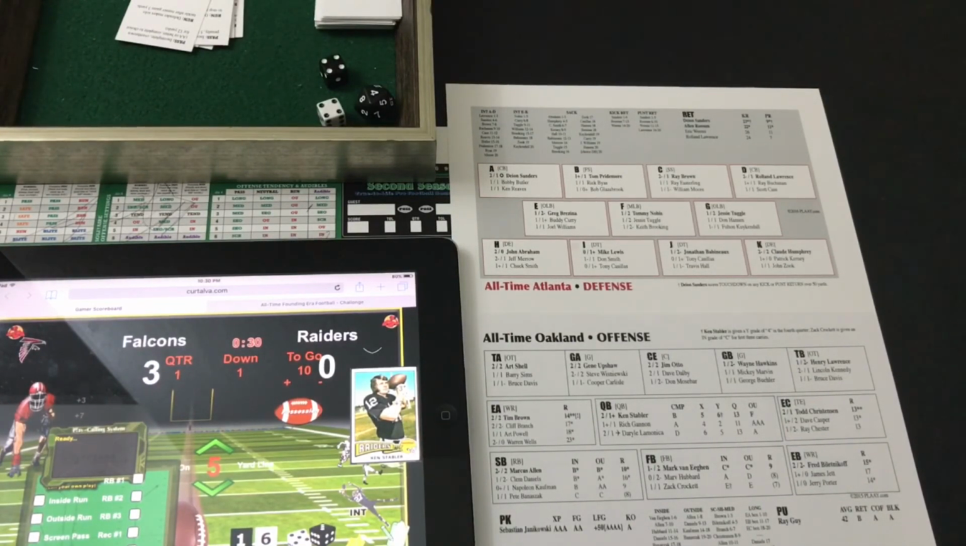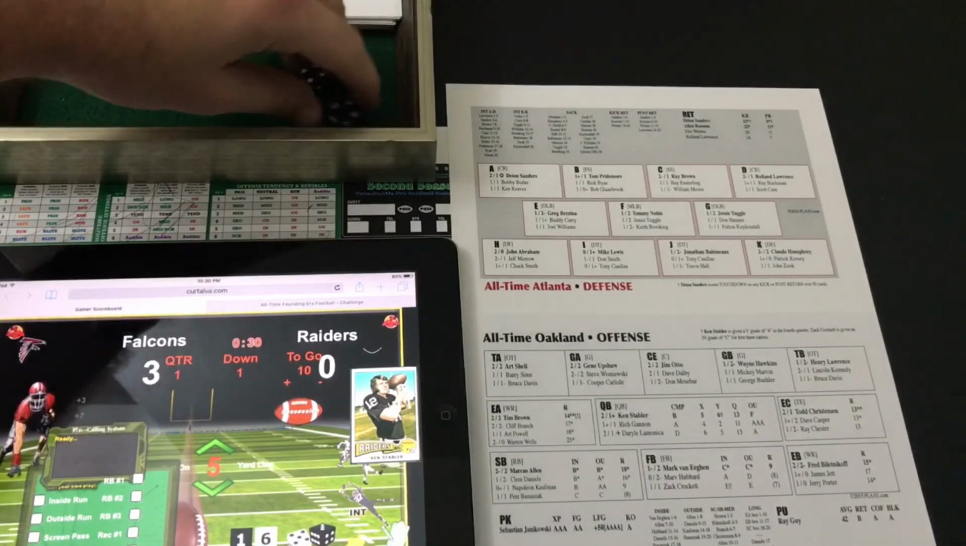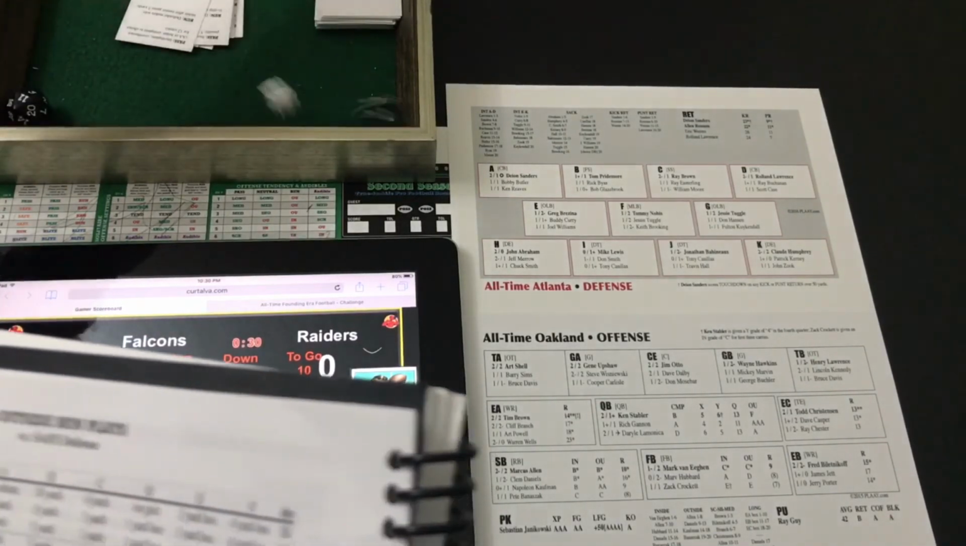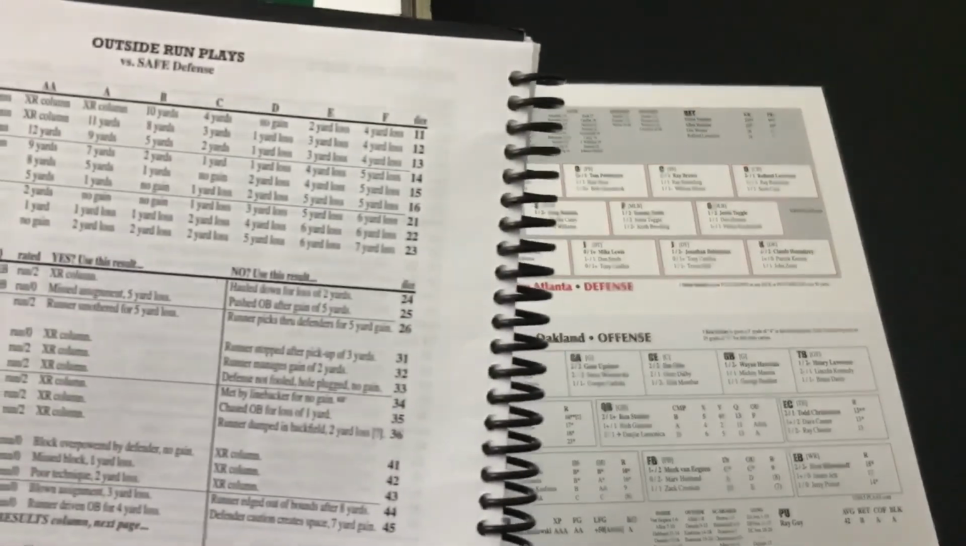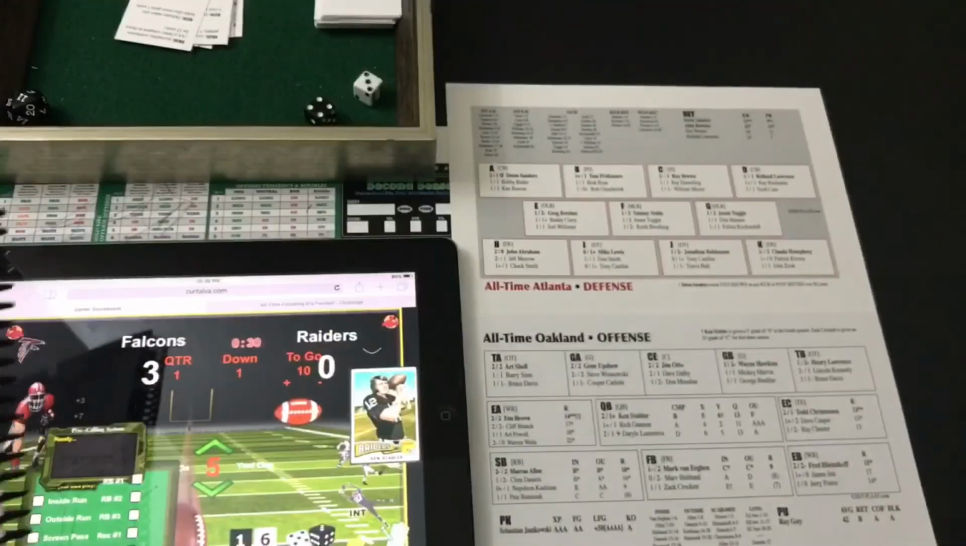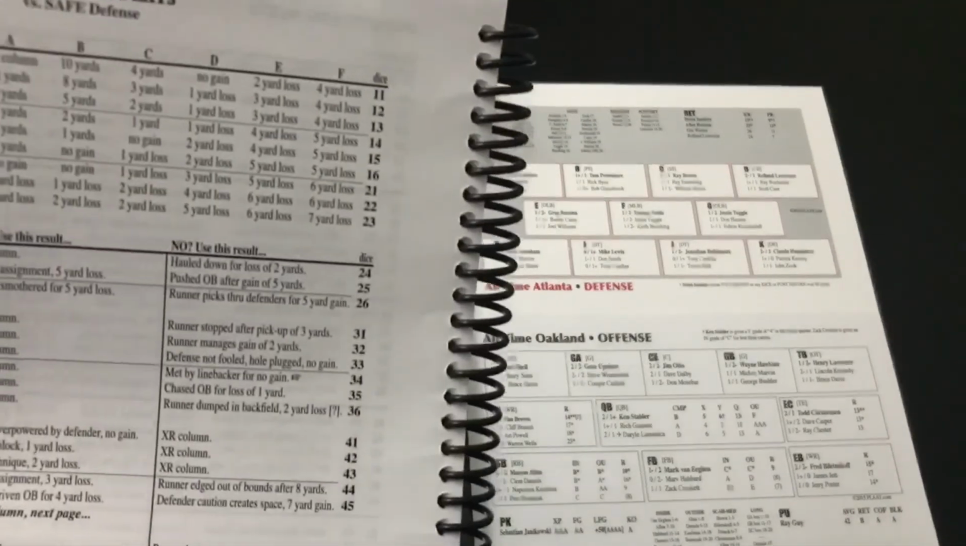So 4 is an outside run versus a safe defense. So outside run versus a safe defense there. Okay, let's see who's going to be the one that's going to get the ball here. So outside run on a 4 will be, of course, Marcus Allen. So let's see if he's going to be the one that puts it in after all those yards. 43 says SB, does he have a run 0? So he does not have a run 0, so poor